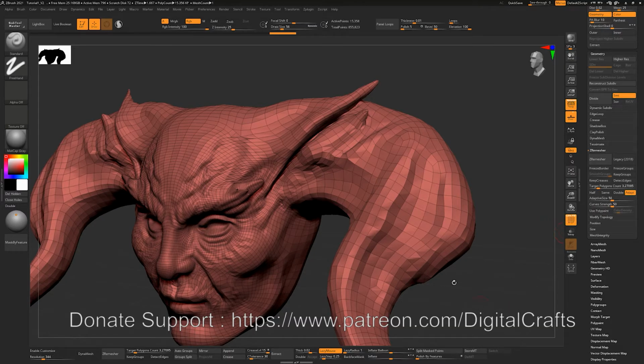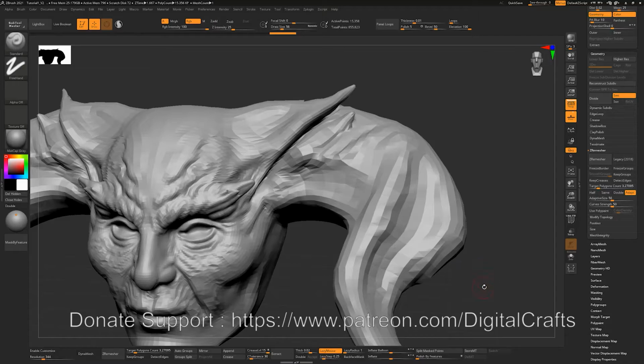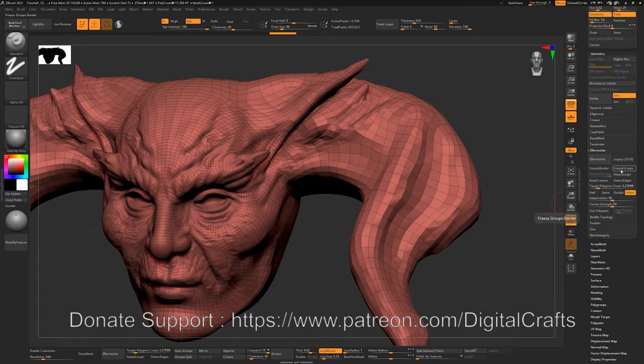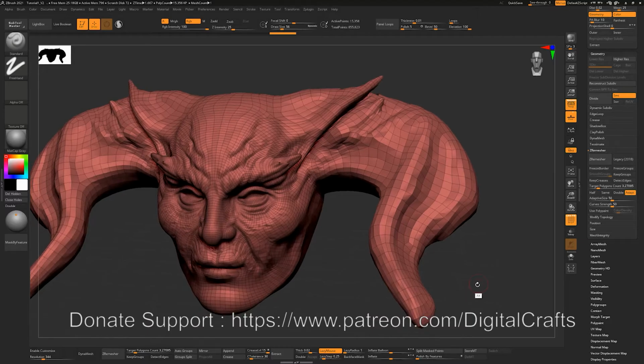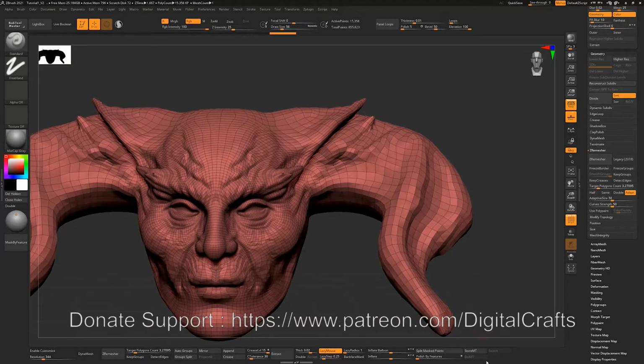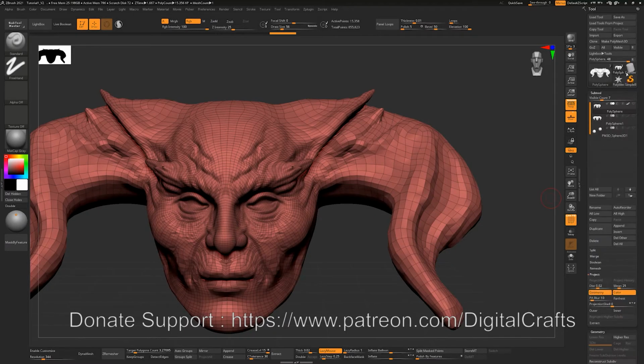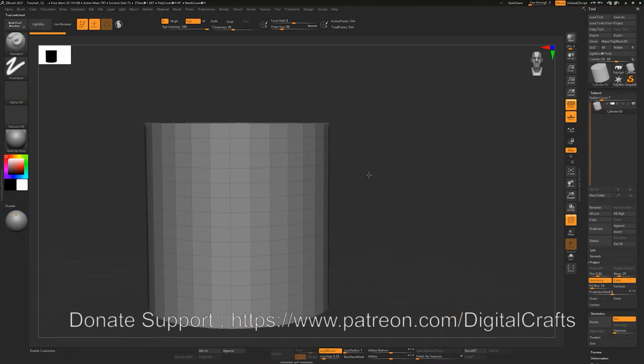So there are other things in ZRemesher. For example, we have these buttons here, which are Freeze Border, Keep Creases, Keep Groups, and Freeze Groups. Right now we haven't covered these groups, creases, and detect edges. Let's see. So let's go to the cylinder and